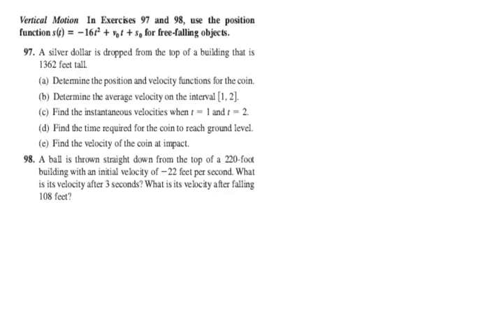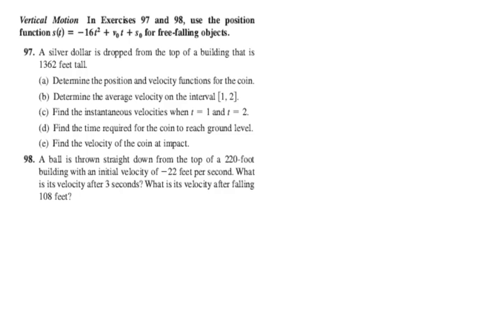In problems 97 and 98, we want to look at vertical motion, and we're given the position function s of t is negative 16t squared plus v sub 0 t plus s sub 0, and we're working in feet instead of in meters in this particular case. So in 97, we're told that a silver dollar is dropped from the top of a building that is 1,362